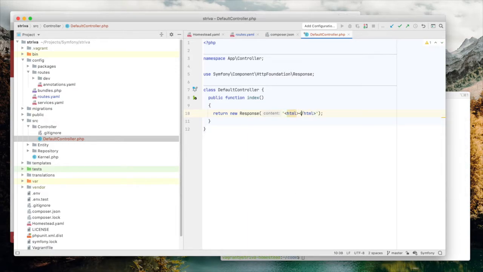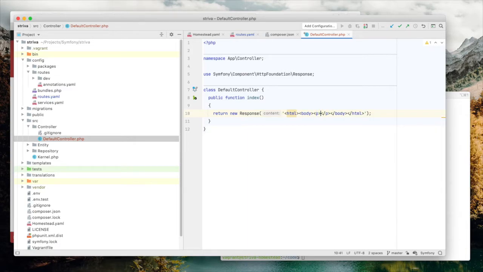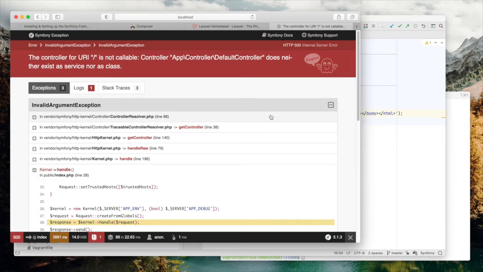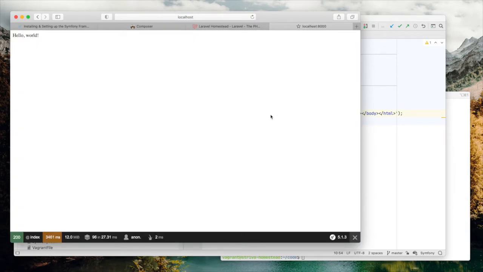HTML, and inside there we'll have a body tag, and we'll add a p tag, and we will say hello world. Now, if we refresh the page in our browser, we should see hello world, and hooray, we do. Now, defining your routes in routes.yaml is just one approach, and in fact you can create routes per environment, so